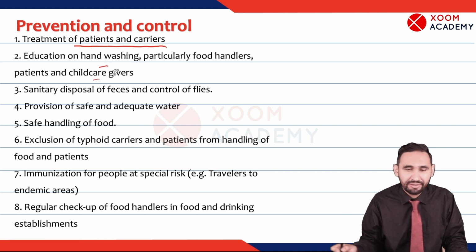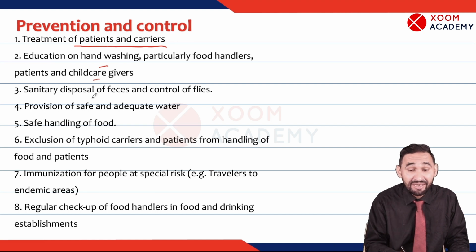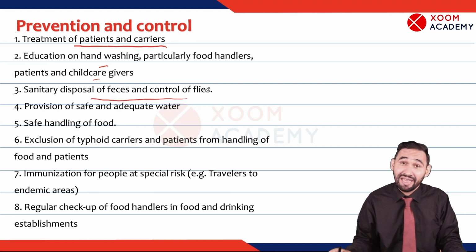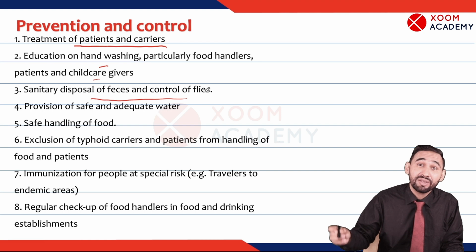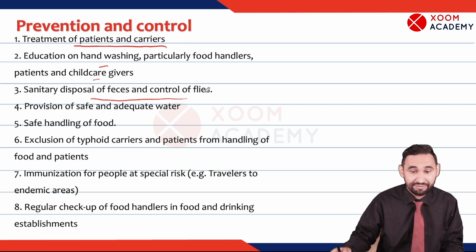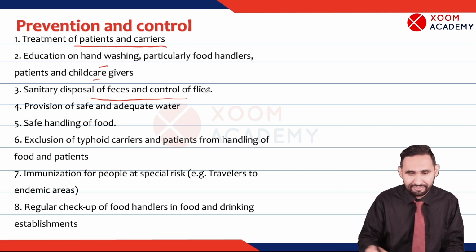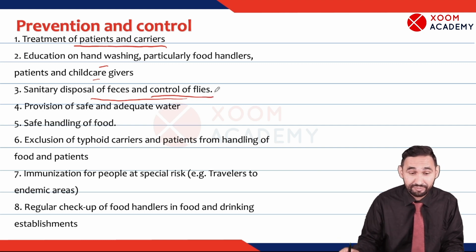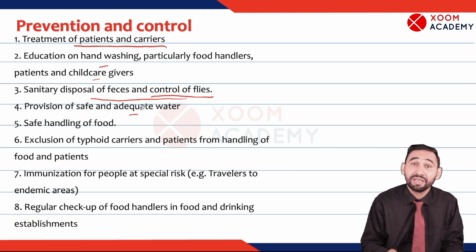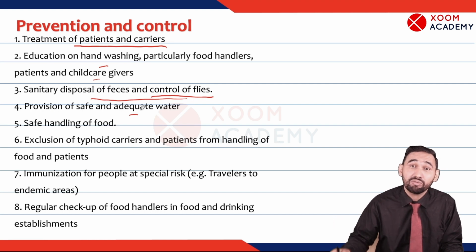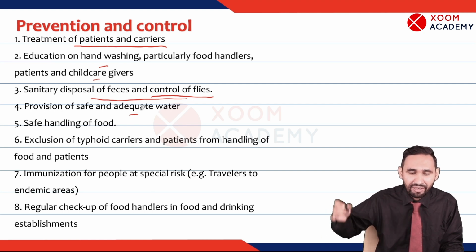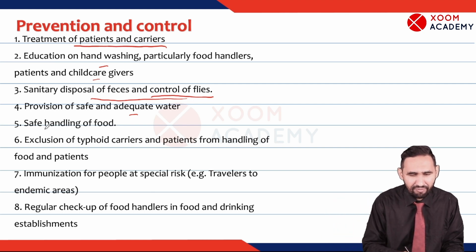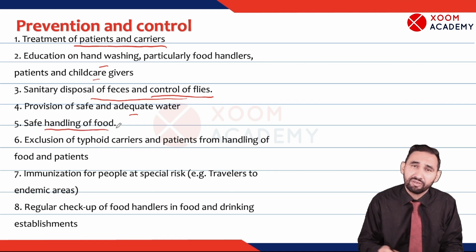Child caregivers should also do this practice. Sanitary disposal of feces, as it spreads through feces. So we have to dispose of feces properly. There should be proper sanitation. It spreads through flies, so flies should be controlled. There should be provision of safe water, because typhoid is a waterborne infection. There should be a proper safe water supply, hand washing, safe handling of food, proper cooking,